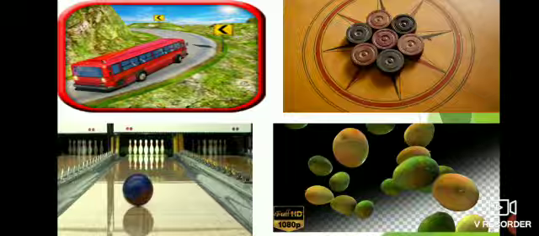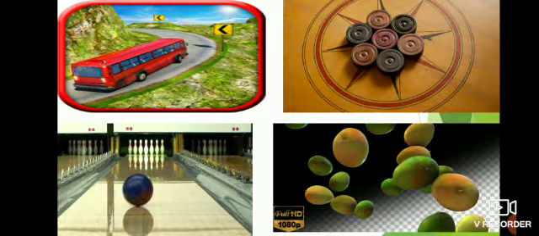Motion of coins on a carom board. Here if you see, when we hit this coin on a carom board to another, then the motion of that coin is in a straight line. As it is moving in a straight line, we can call this a rectilinear translatory motion. Next,